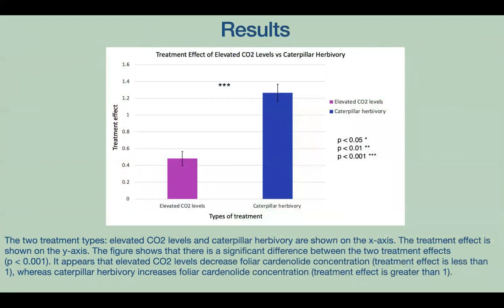This is the graph I came up with. The two treatment types, the elevated CO2 levels and caterpillar herbivory, are shown on the x-axis, and the treatment effect is shown on the y-axis. This figure shows that there is a significant difference between the two treatment effects, since the p-value is less than